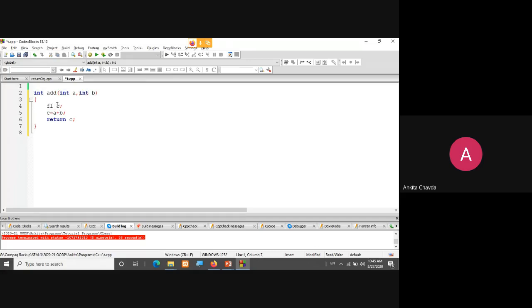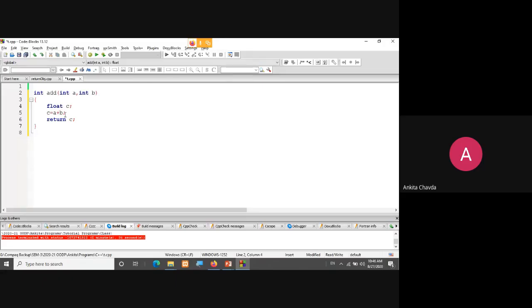If I'm taking over here float c is equals to a plus b, and here I'm returning c, so what should be my return type? Float. Getting this thing? Because c and the return type should always be matched, right? So you are writing return type only, so whatsoever the function is returning, the value is of this data type. This is the simple meaning.